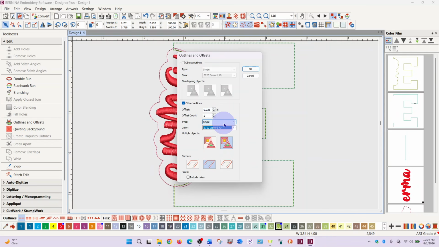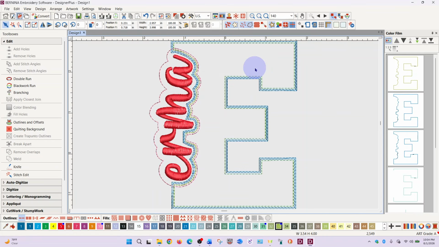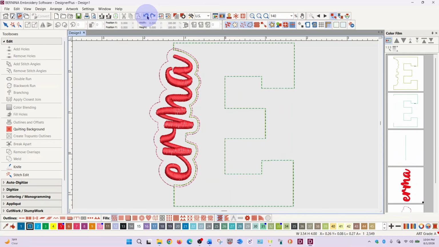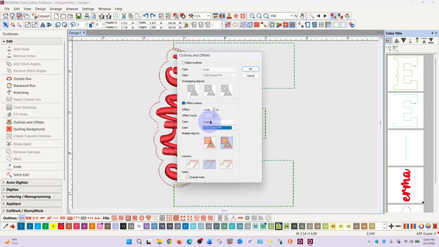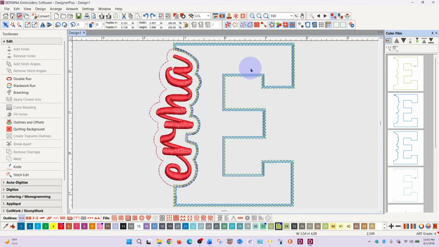I have 2 lines that I want to come up. I want them to be a single stitch. And I'll say okay. My mistake. They went to the outside. I actually need them to go inside. Let me undo, select this again, edit, outlines and offset, and I need minus 0.7. This is important, mm. And then I still want to, there we go. So by having a double line,